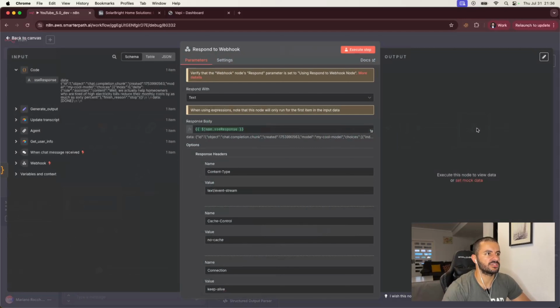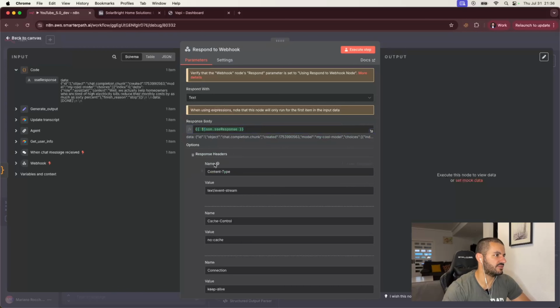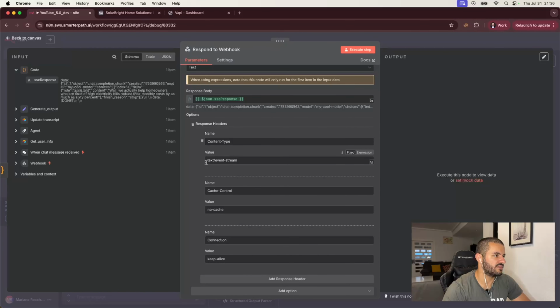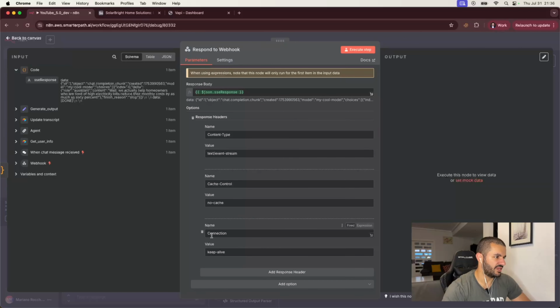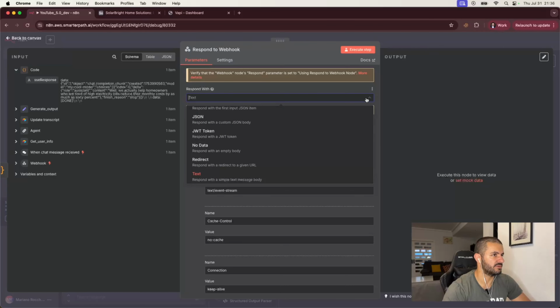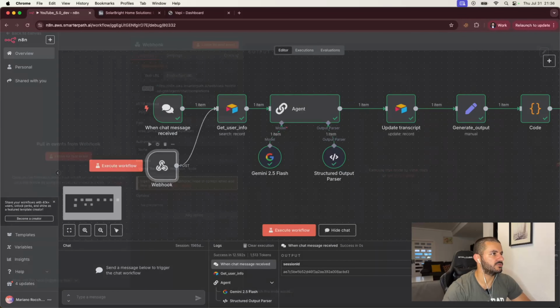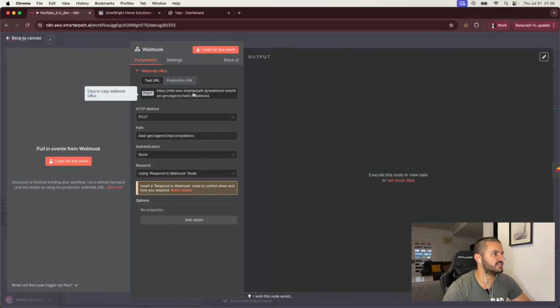Great. Then the response actually has to have this format. So we need to bring in this code node here to be responding this. And then we need to add the following header. So content type needs to be text, event stream, cache control, no cache. And then connection needs to be keep alive. Okay, and the rest we just keep as is. And we respond with text to be able to do this. Then on this end, we just need to set it up so that we actually get this